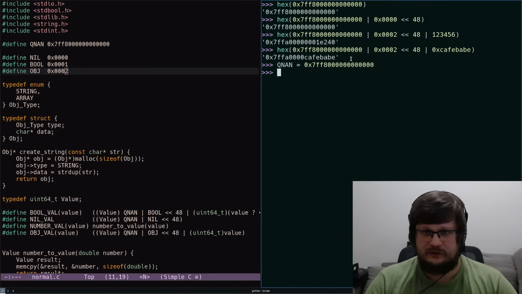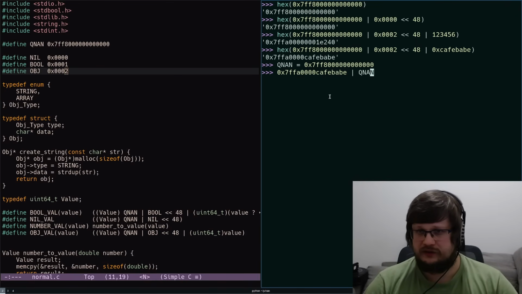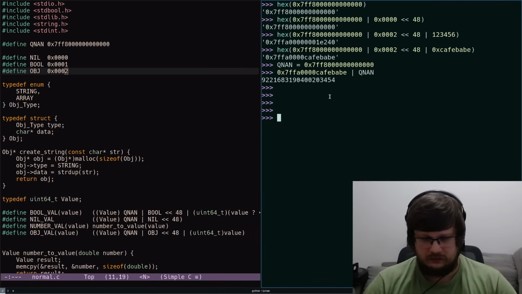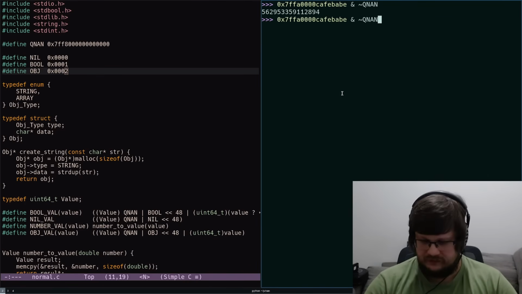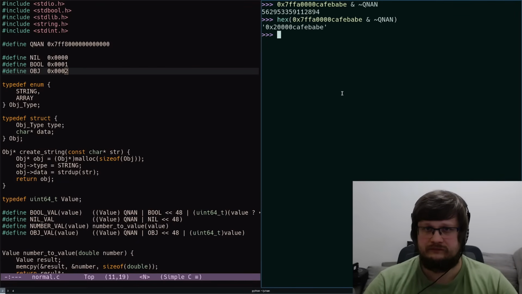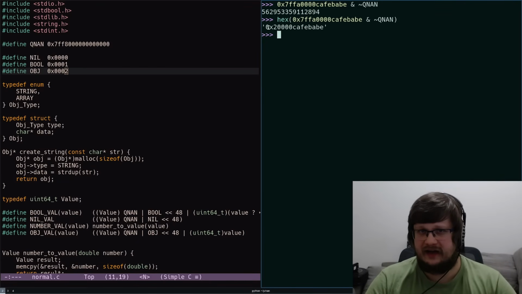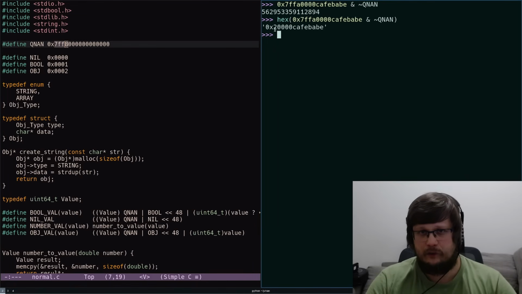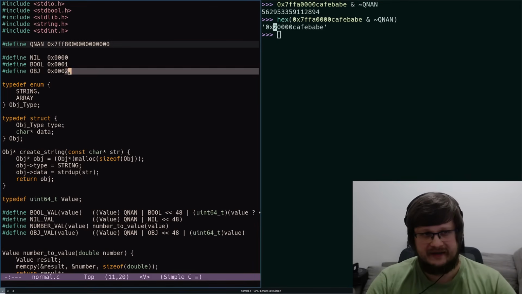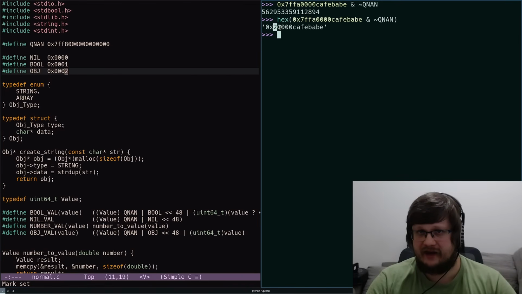And now you get our value, and then AND it with qnan but inverted, like this. And I need to hex it. So you can see that I get rid of this magic number, like 7ff, and now I have 2, which is my tag for an object,